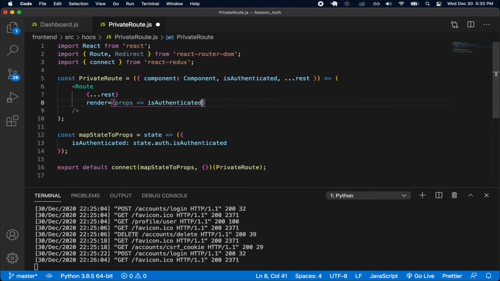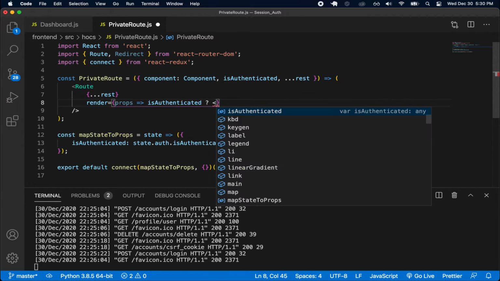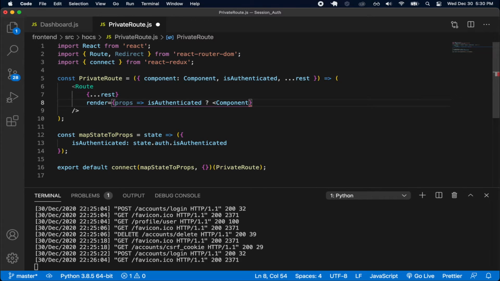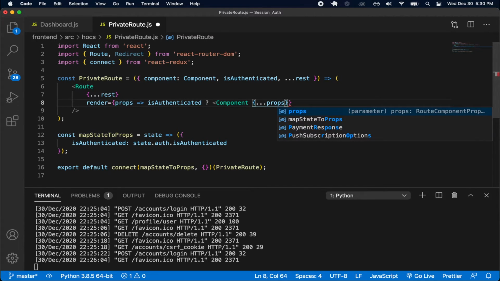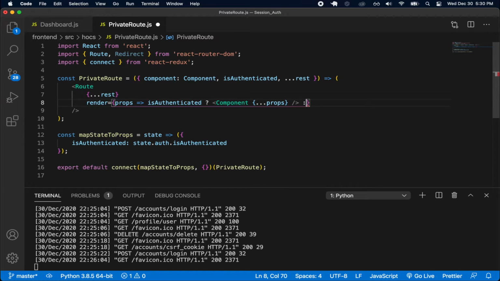We're going to check if is authenticated. So if this is true, so we're going to have a ternary expression. If this is true, then we're going to return the component, passing in those props, which we do like this. And then otherwise, we're going to have the redirect, which is going to go to